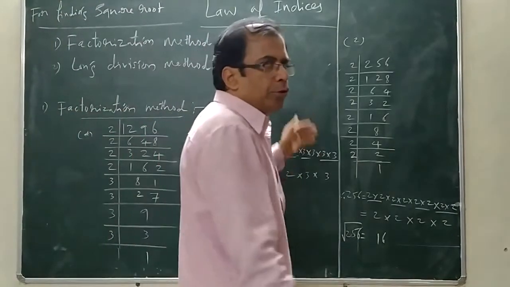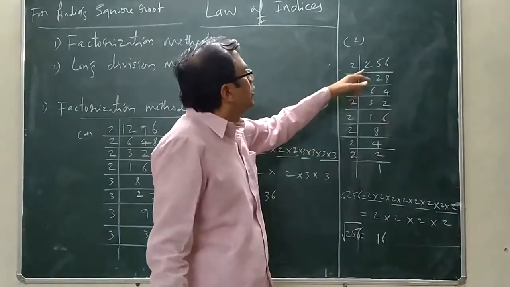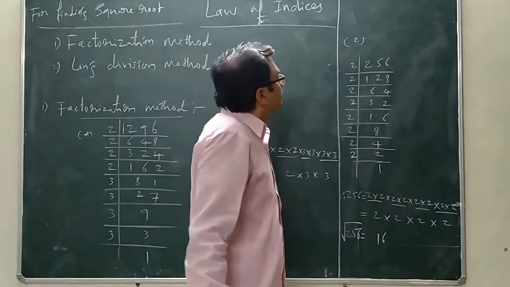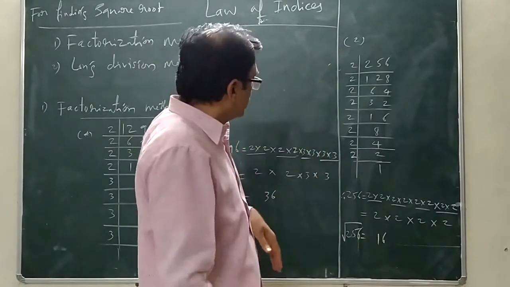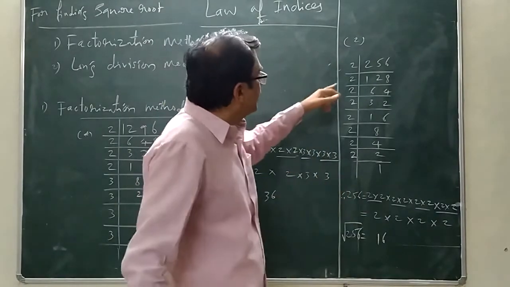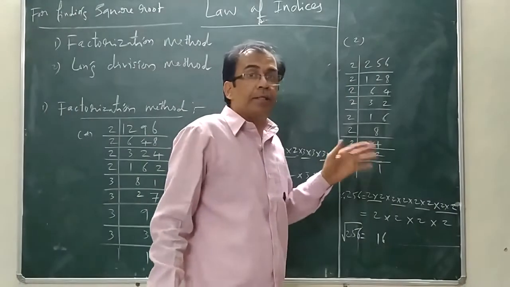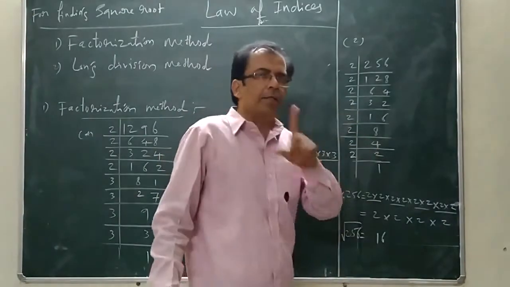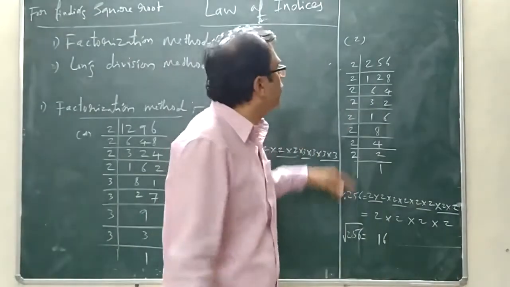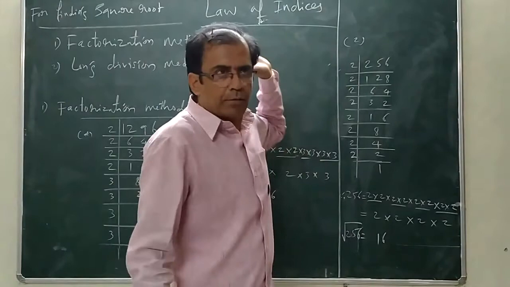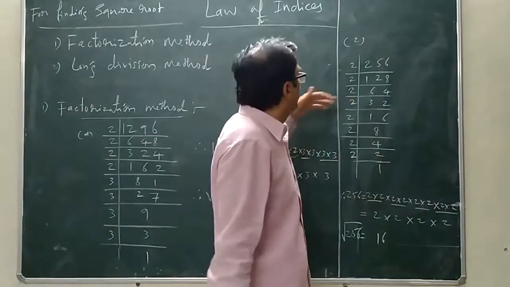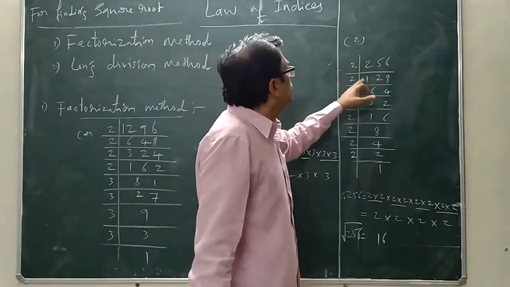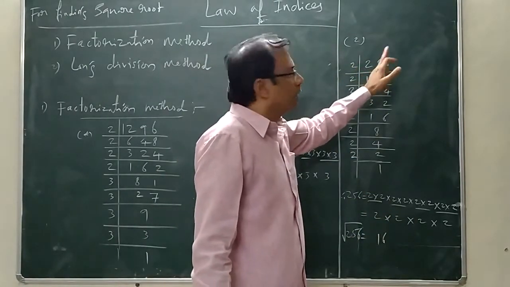And the second number you need to take here is 256. This is the second example. Before solving this one, observe that we have taken only 2's here. We have not taken 3. You will understand later on why we have not taken the 3. First you have to go for the first number, starting from the 2, as we did in the previous example. You just observe here, 2 1s are 2, 2 2s are 4.